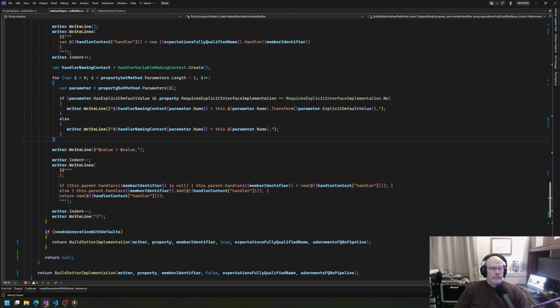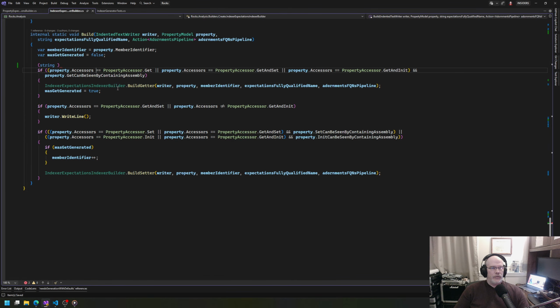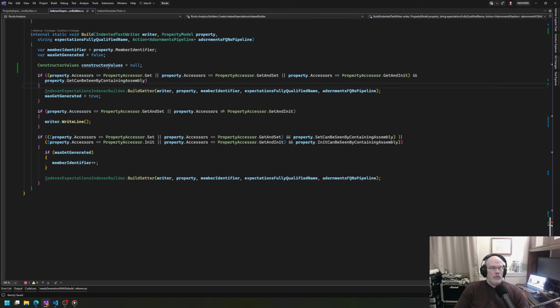It's much better. Okay, because then we can say here, constructor values. Yes, so now we will do this. And again, it doesn't matter if in these cases